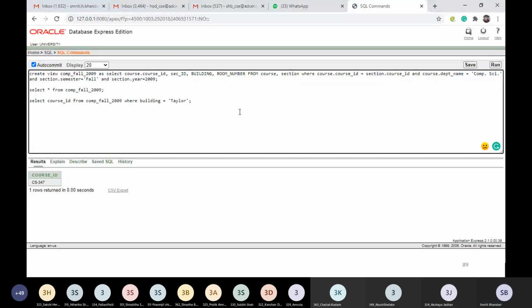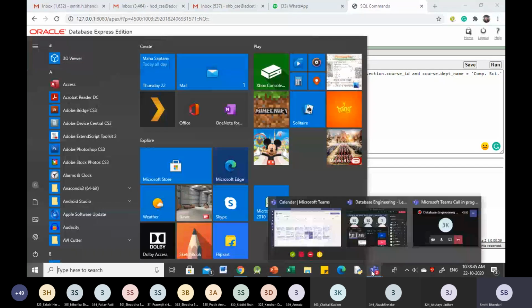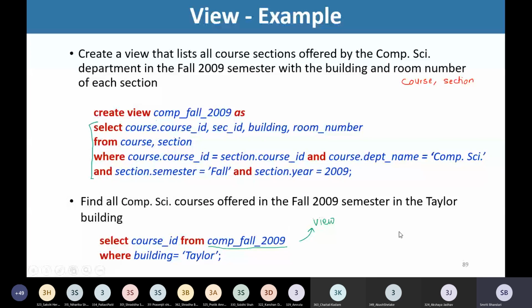So I hope you must have understood how we are making use of views, how we are creating the views, and how we are accessing the views. And also I have demonstrated to you how to replace the view and how to drop the view. Right? So I hope you must have understood the concept of views. So let's proceed now